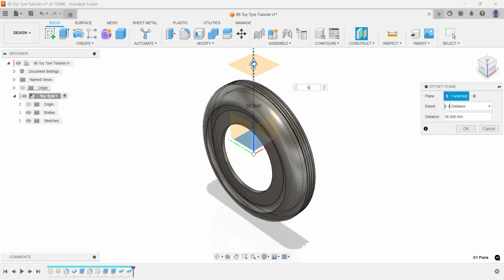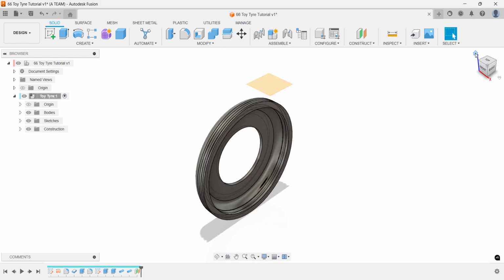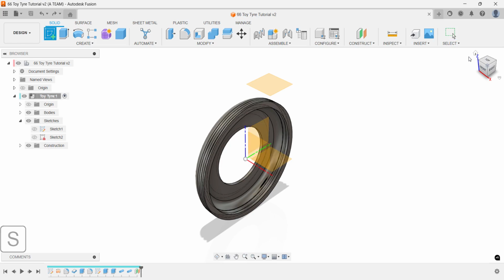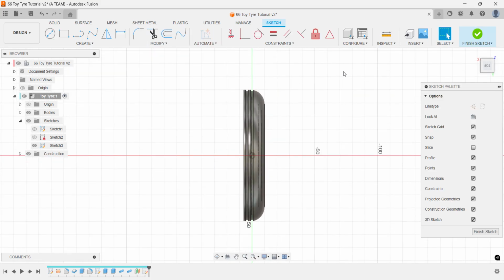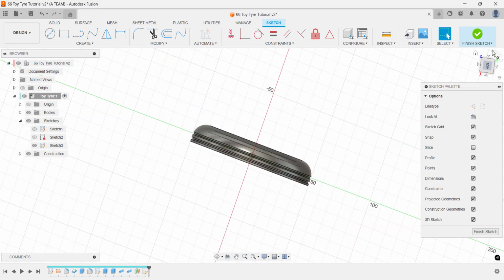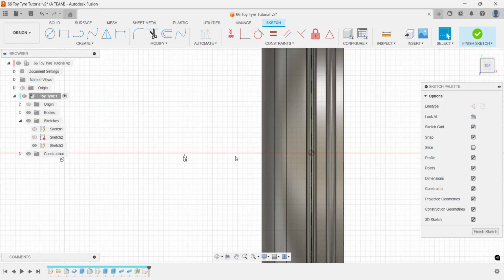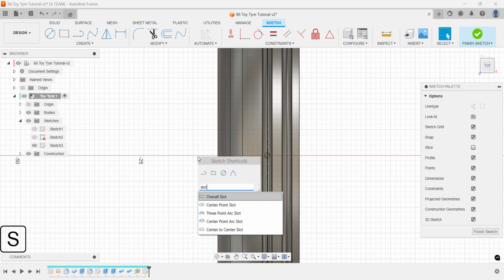The distance doesn't need to be exact, but leave some room for adjusting the tyre's dimensions later. Alternatively, you can set a reference with a fixed distance from the tyre. There are plenty of tools for creating the tyre pattern on the shoulder. I'm not sure why Fusion reorients the view when I create a sketch, so I'll just adjust the view before moving forward. I'll use an overall slot, which I find to be a useful and versatile sketching tool to have